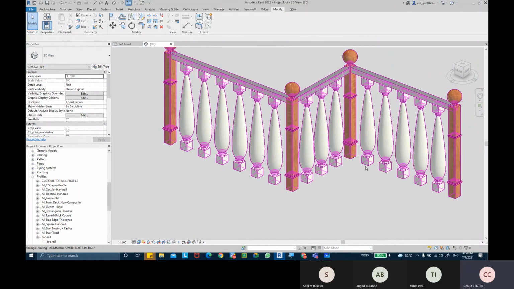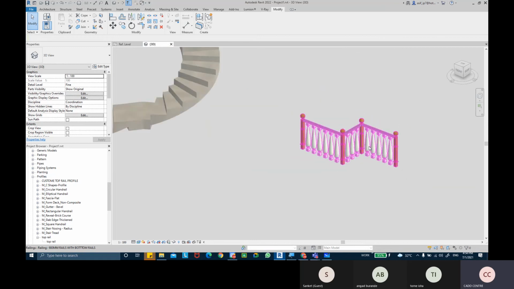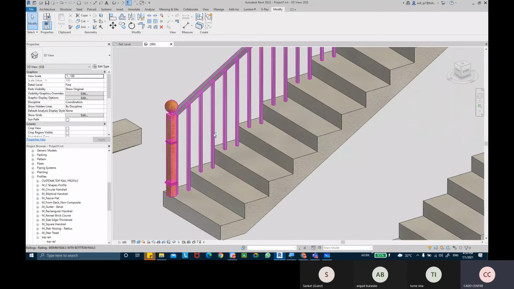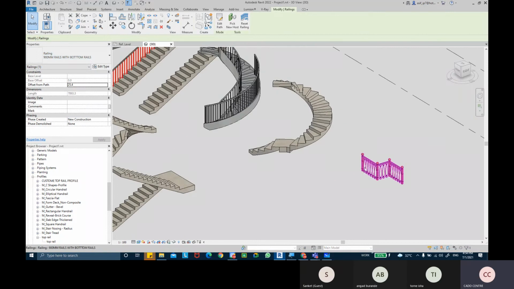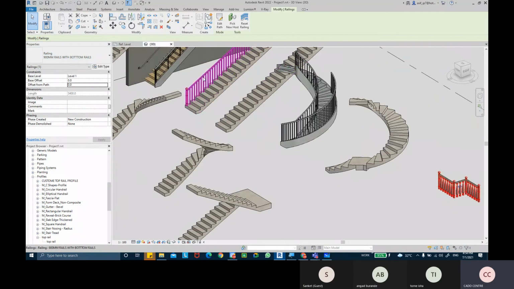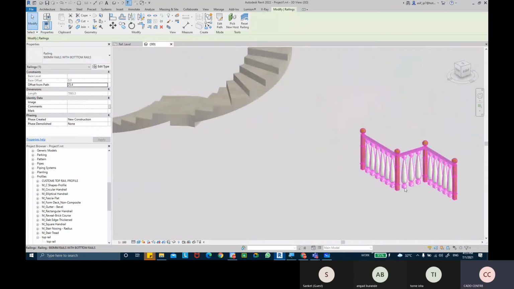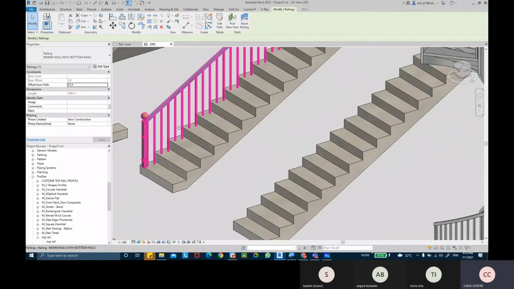Now this looks fine on a non-staircase. But if I look into the staircase, it's not yet applied. This is the same type. You can see 900 mm railing with bottom rails, and this one is also the same 900 mm railing with the bottom rails. I've applied the same type, but when I'm applying on the staircase, it doesn't come. But if I'm not applying on the staircase, it does come. I'll tell you why it didn't come on the staircase.